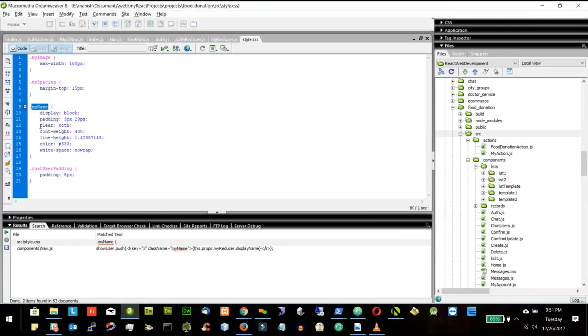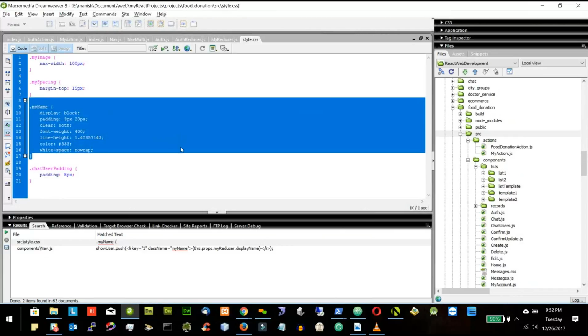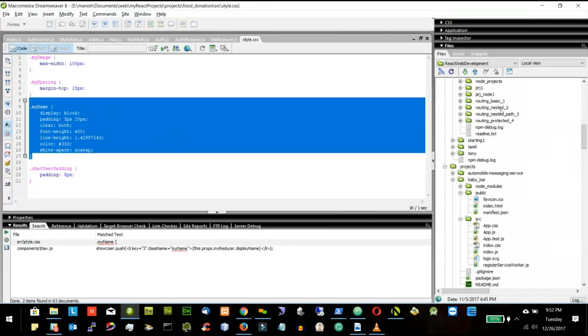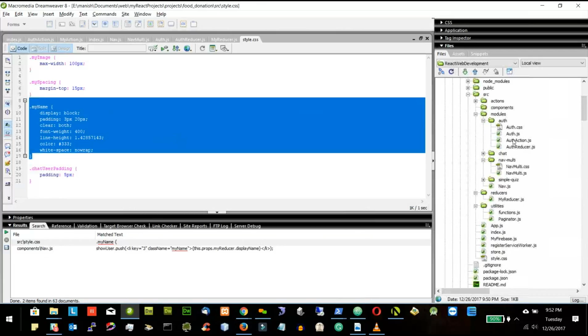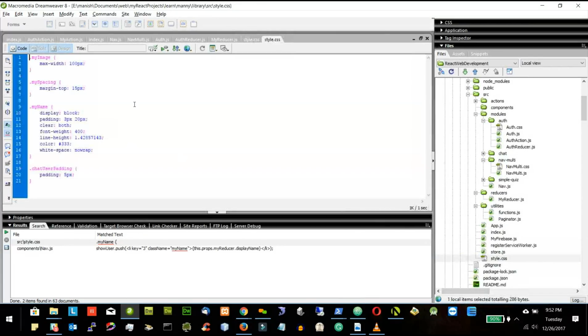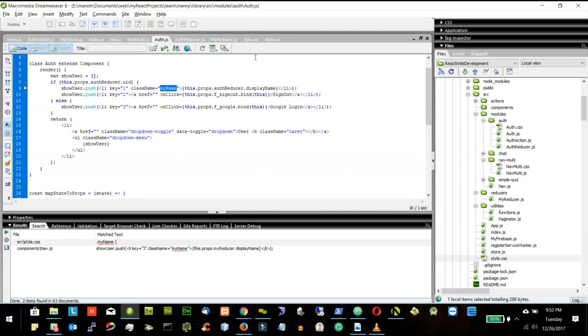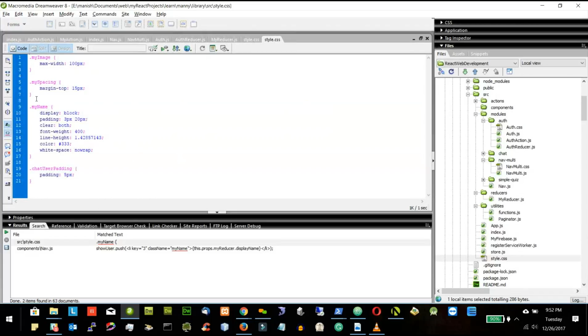I have style.css with this information. Same thing we have to do in the library. So I have it in the style.css, but since I am putting it in the auth.js, I will remove it from the style.css,